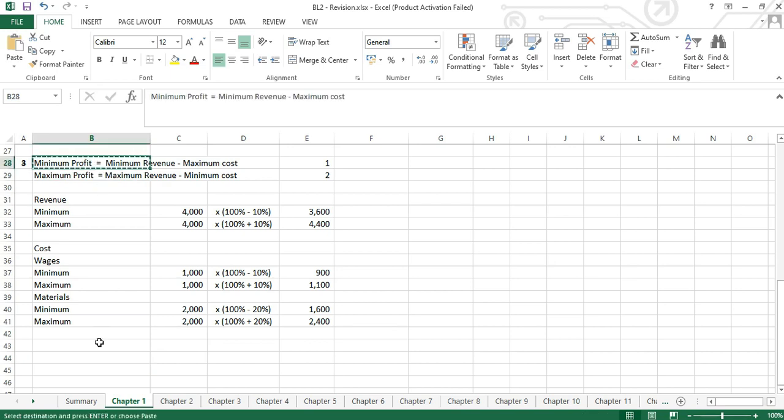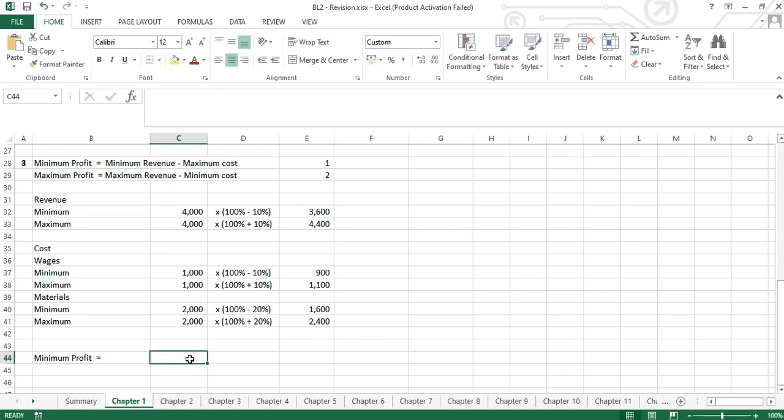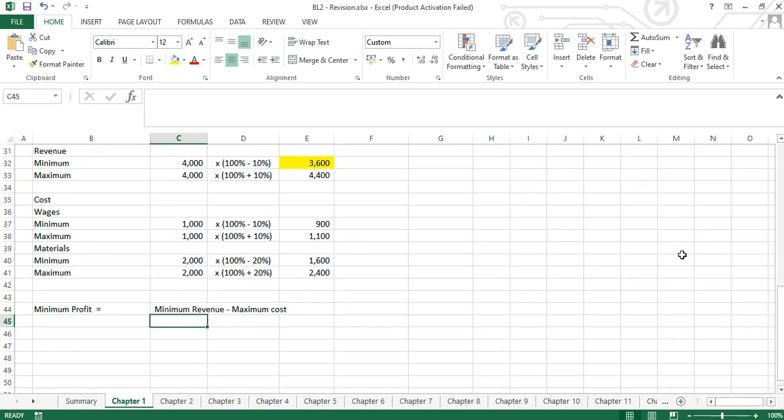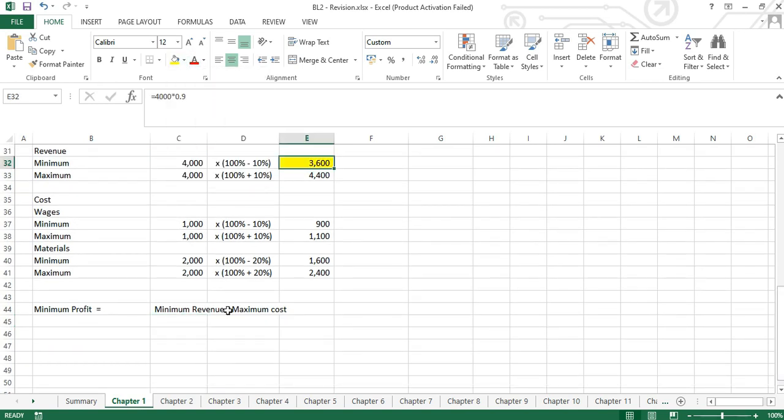So first minimum profit will be, they've said, the minimum revenue minus the maximum cost. So minimum revenue is 3,600 minus the maximum cost, which is 1,100 plus 2,400 of materials, which will give you an answer of